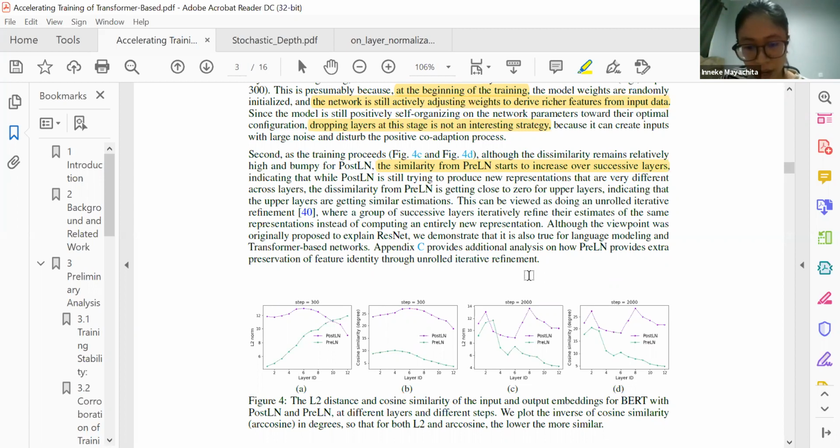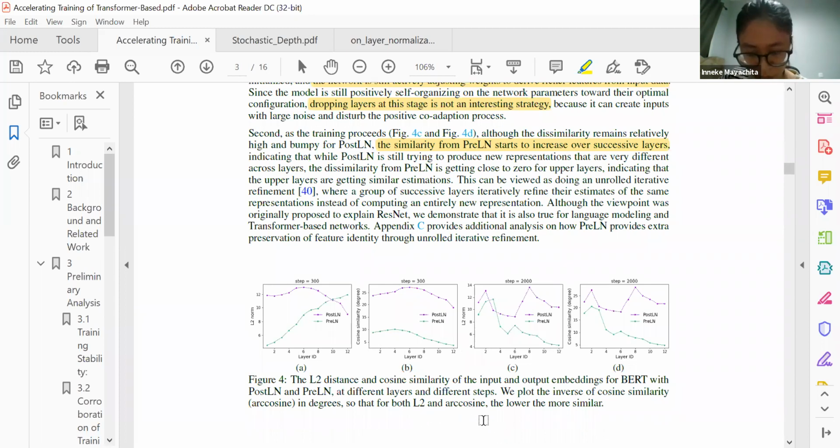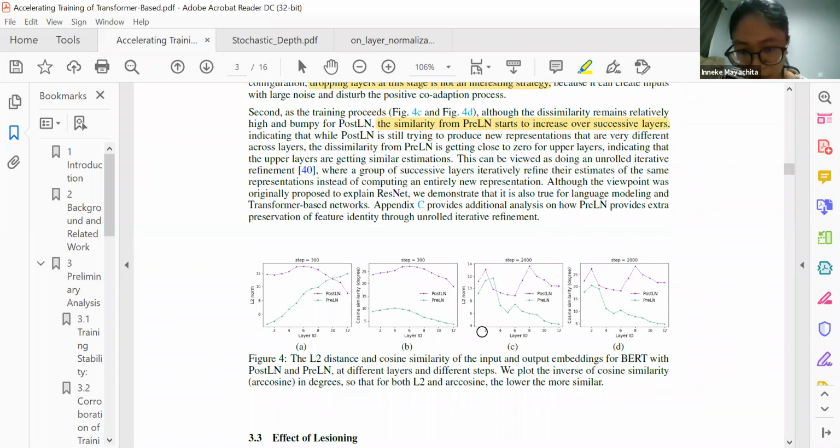We can see here, in the later part of the training, the x-axis is the layer, the depth dimension of the model. With the deeper layer, one thing is that because here they used the arc cosine, the lower the number, the more similar the two inputs. So we can see that with the deeper layer, actually we have more similarity, and then the L2 and cosine similarity